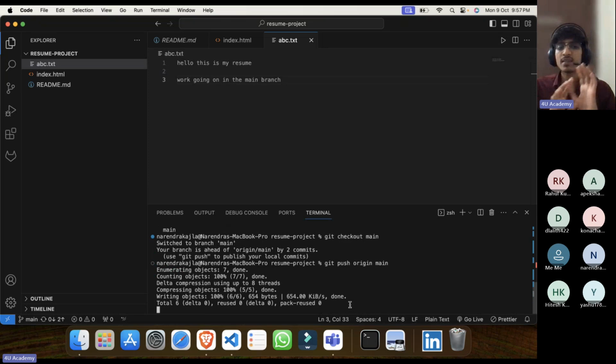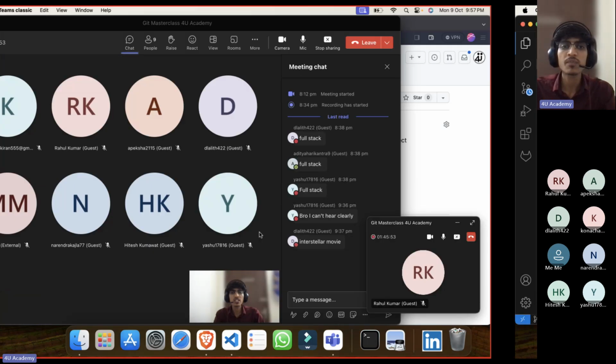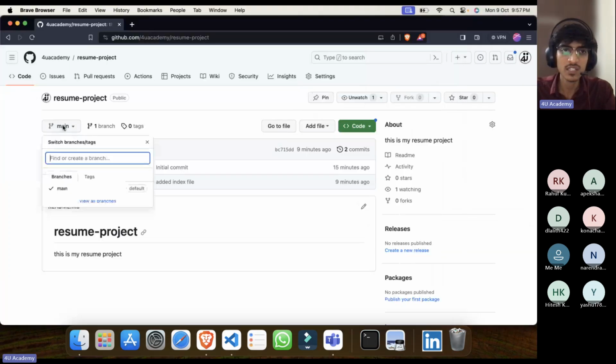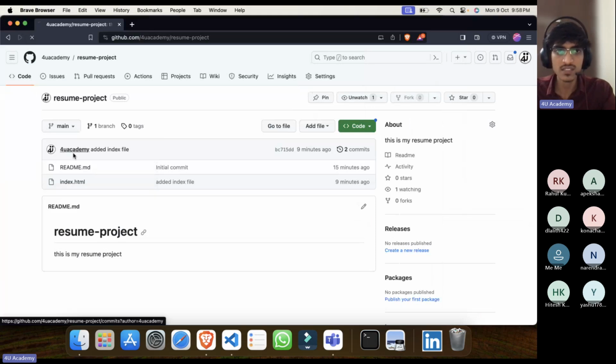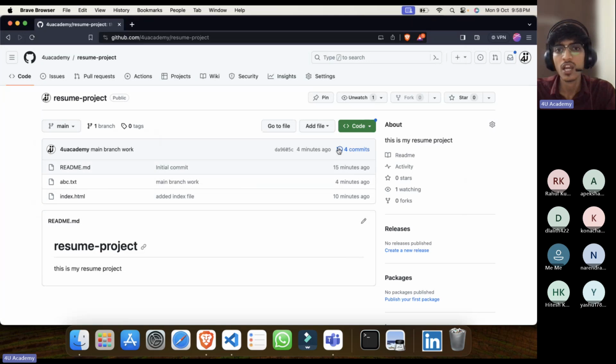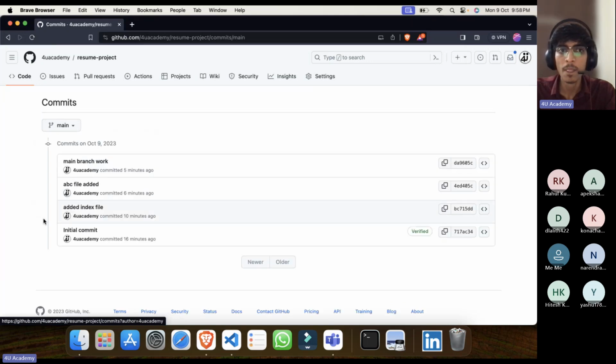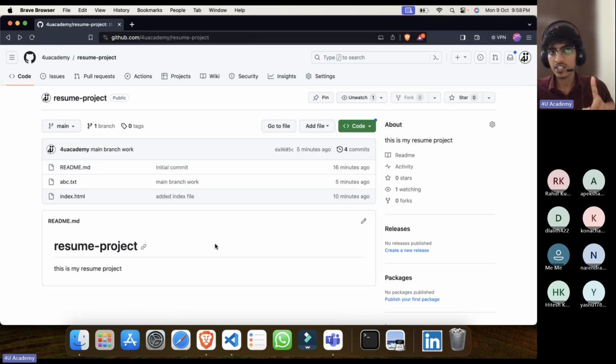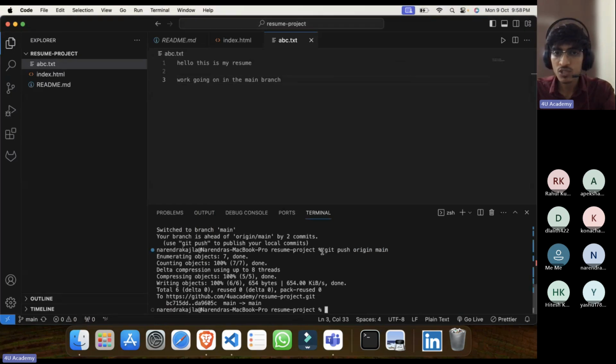You see here there is still only one branch, even if I refresh. Still 4 commits so far. The feature branch is not introduced because I was on the main branch and I pushed on the main branch.